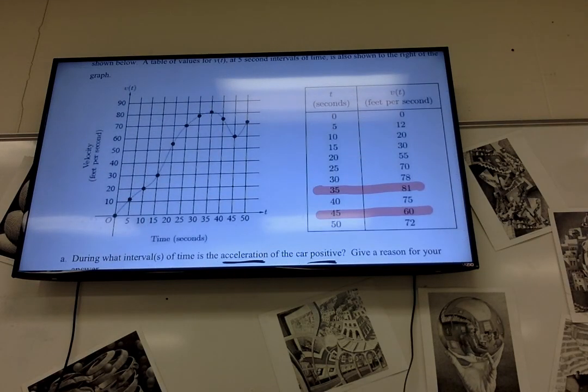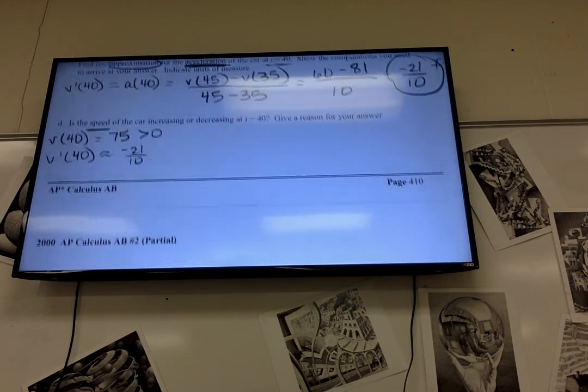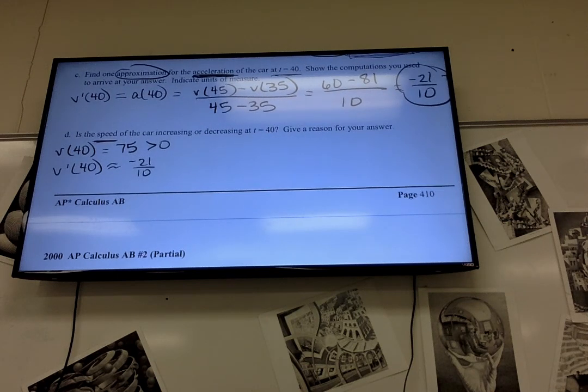Or if you looked at the picture, you could just say because at 40 it is decreasing, you could just say it's negative. It doesn't matter if you know exactly what it is, but you know the slope is decreasing there. Either way. So because of those two things,